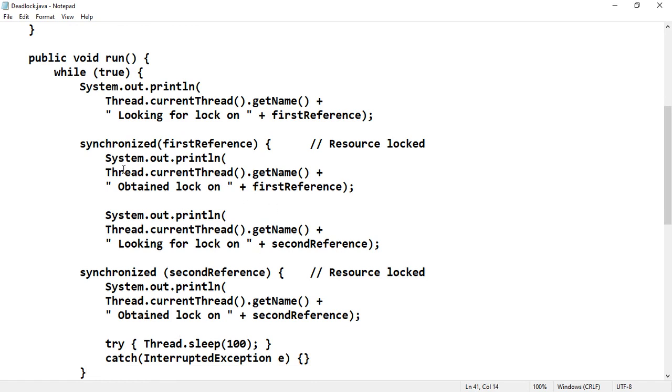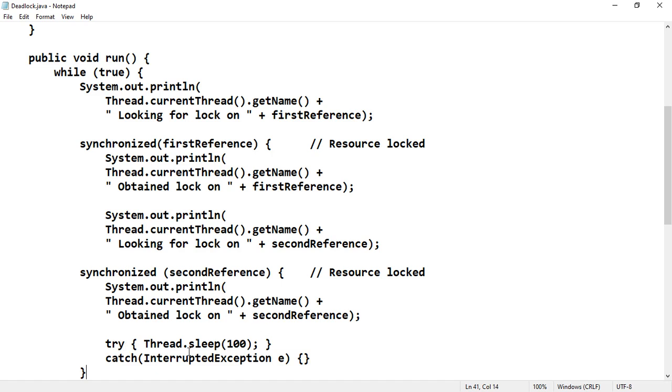The first reference is trying to obtain the lock on the second reference, and the second reference is trying to get the lock on the first reference. This is the way the synchronization code was written with respect to synchronized of object.